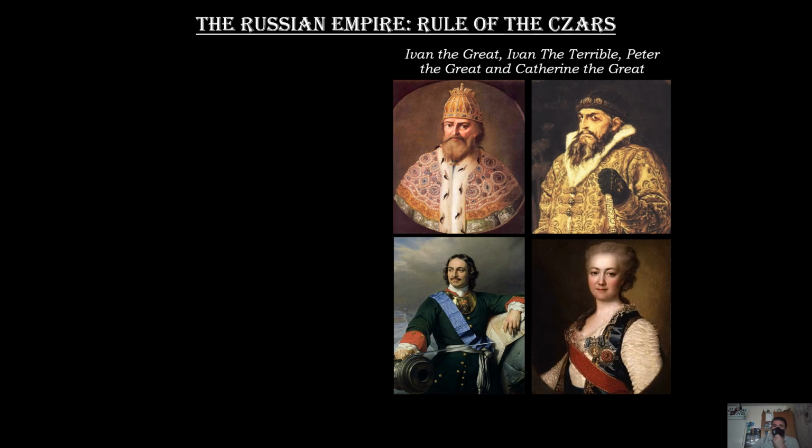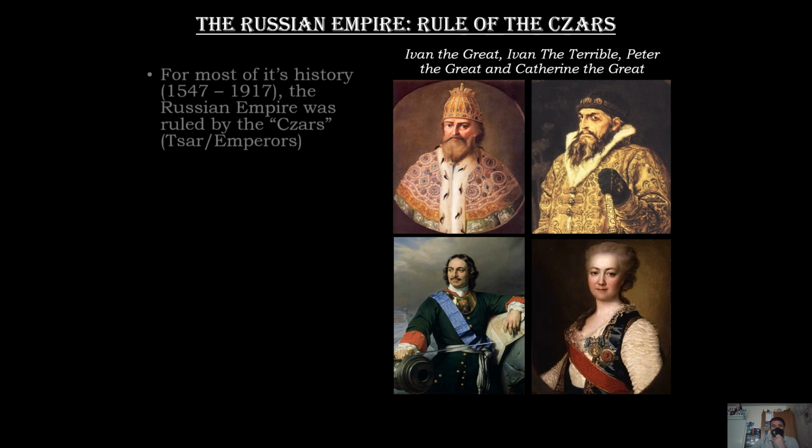You did a little flow map back in the day about each one of these. You know, it starts with Ivan the Great. Later, and this isn't in order. I mean, it is in order, but there's some czars we're skipping. We talked about Ivan the Terrible. We talked about Peter the Great. We also closed off with Catherine the Great. We watched that Engineering an Empire episode to kind of talk about the rule of these czars and